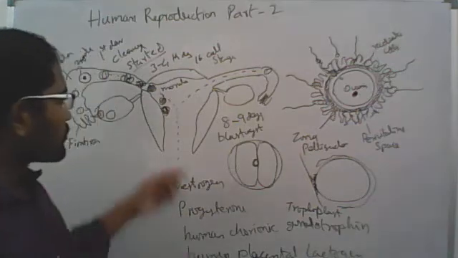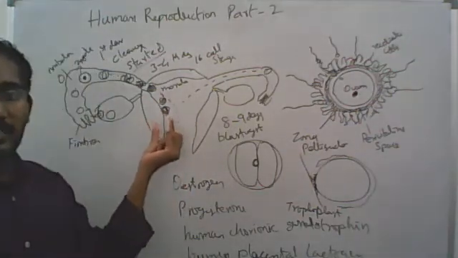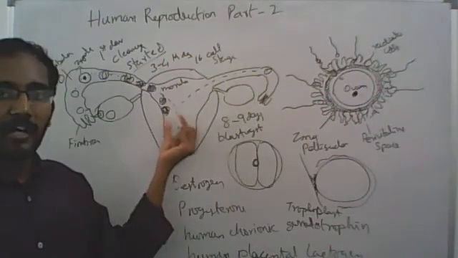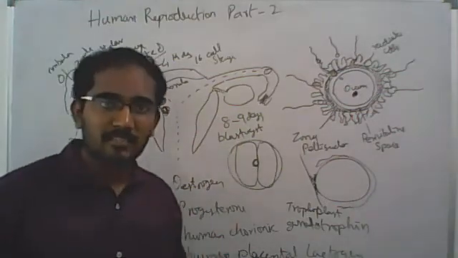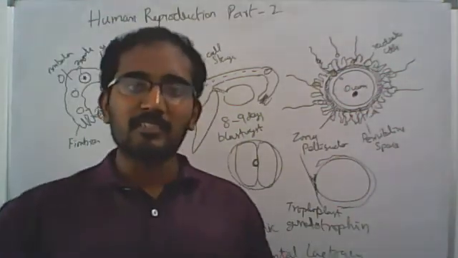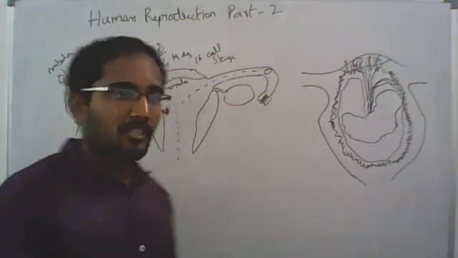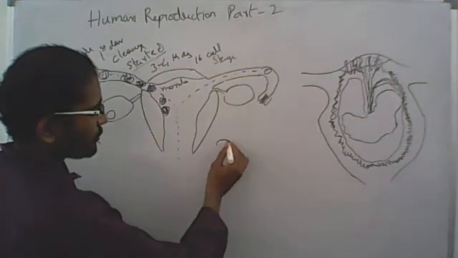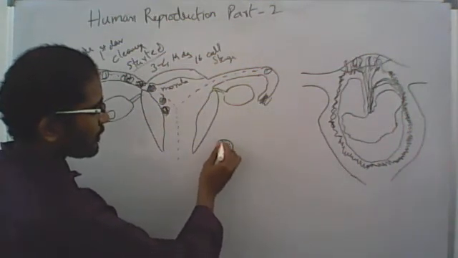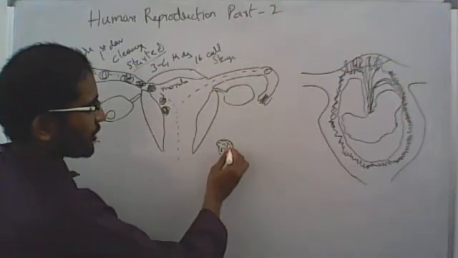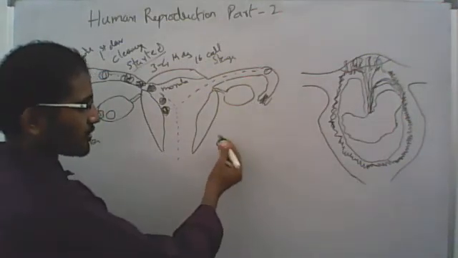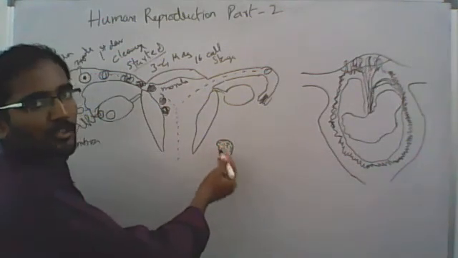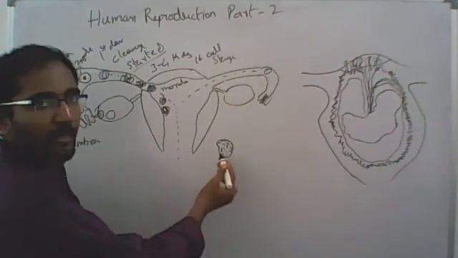Okay, now the implantation has just occurred. Now the implanted embryo has to develop. So let's discuss how embryogenesis occurs. So after the embryo gets implanted, at that moment, you can see the multiple cells in the implanted embryo. Now they start differentiating. Before that, the cells will be the same. The only function of the cells is cell division by mitotic divisions.